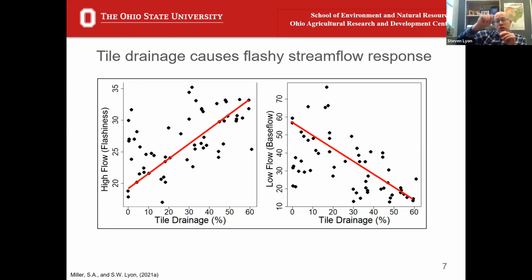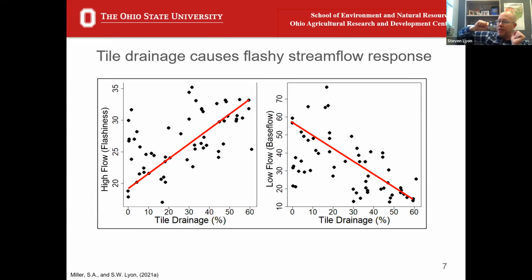So relating that back to then like stream flow responses, we looked at hydrographs, so long-term 30 years of data, how streams respond under these different systems. So again, percentage of tile drainage across the bottom axis here, increasing from left to right. We looked at two kind of metrics of flow. Look at the high flow response, or what we call the flashiness, and then the low flow response, which we call the base flow. So starting with that high flow flashy response, we see that as we increase the percentage of tile drainage in a watershed, that stream has a flashier response.